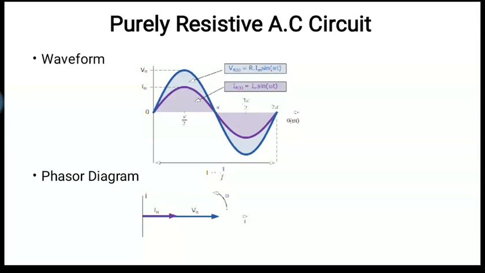The phase difference between voltage and current in the purely resistive AC circuit is nothing but 0. What is the phase difference in the purely resistive circuit? 0. I hope if you have gone through my previous lecture, you know what you mean by phase difference, right? You can see here, voltage is of blue color and current is of purple color. Both are starting from 0 and ending at the same point, that is 2 pi, right? So that means they are in phase. The phase difference is 0.